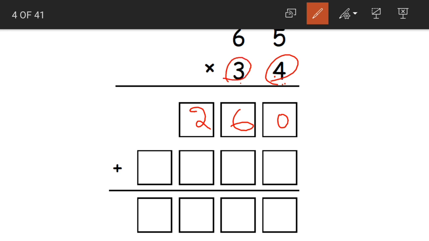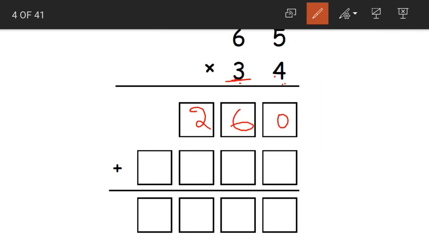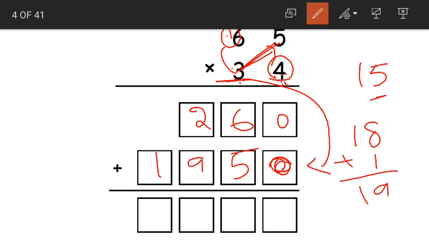Now next, moving on to the tens place. Yes children, see, this is a new digit. We are taking the new digit now. After 3 we are having one digit here, that is 4. So before I start multiplying, I will place 1 0 here. Okay, a new digit. Whenever we are multiplying with a new digit, we start in a new line, and here after 3 we are having one digit. So I am placing 1 0. Now let us start multiplying. 3 5s are 15. 5 is written here, 1 carried. Now 3 6s are 18. 18 plus 1 becomes 19. So 19 is written here.